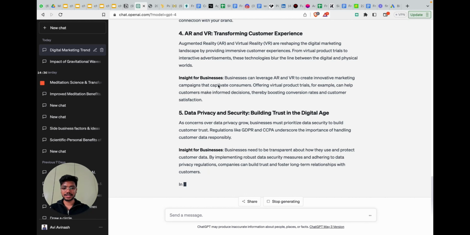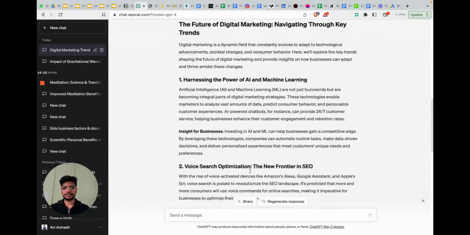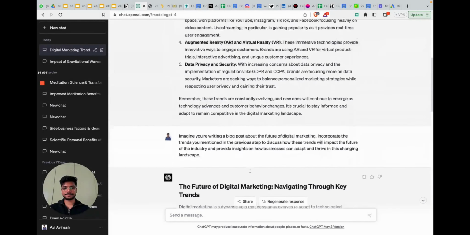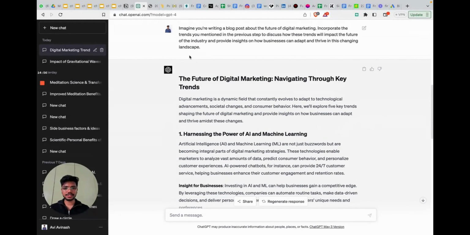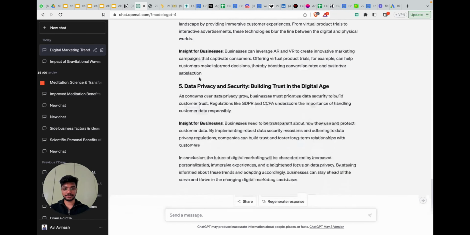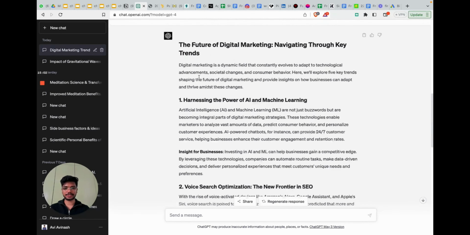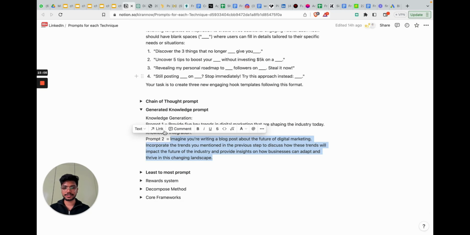And then in the conclusion, it even gave one line or one paragraph as an insight, and it's writing the conclusion. See how good a prompt we got. If we just used this, maybe we might not get an answer this good. Maybe we can, but the thing is, I just wanted to show you how generated knowledge actually works, right?